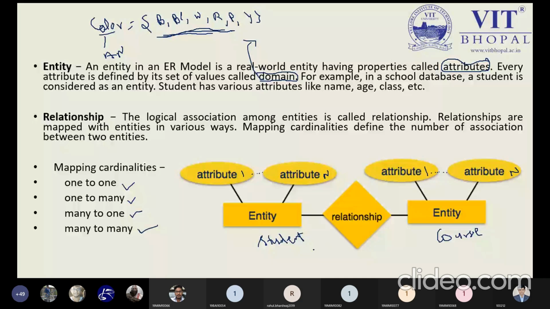So the relationship I can make is known as student-course. This relationship represents the required association: which course will be opted for by the student is represented by the relationship. This is the diagram to understand the ER model. The ER model will look like this, as you can see on the slide. Now tell me, is it